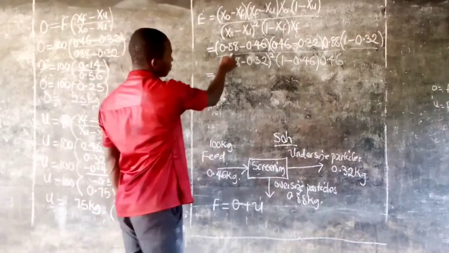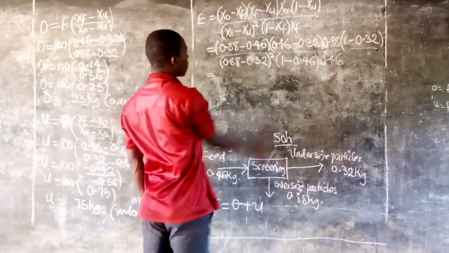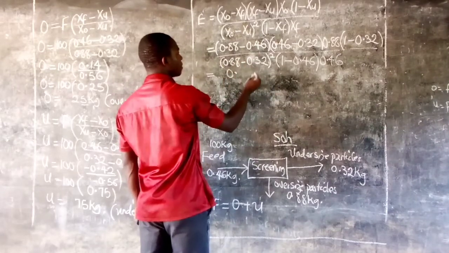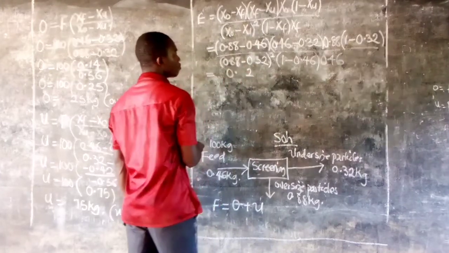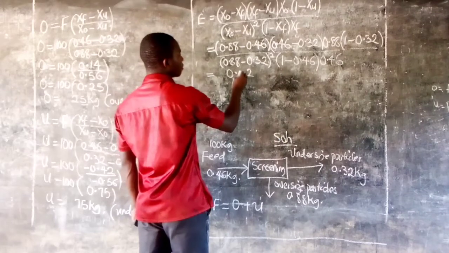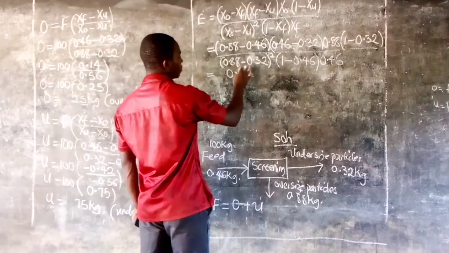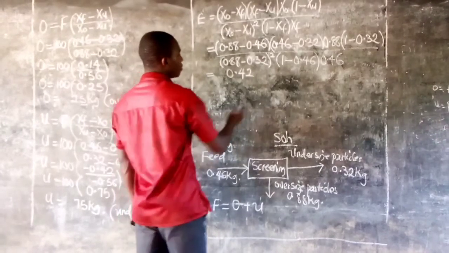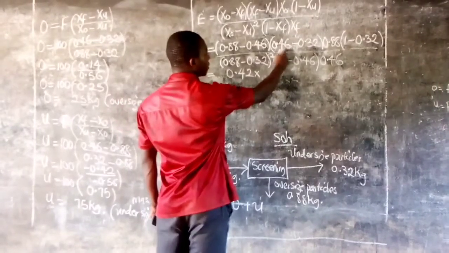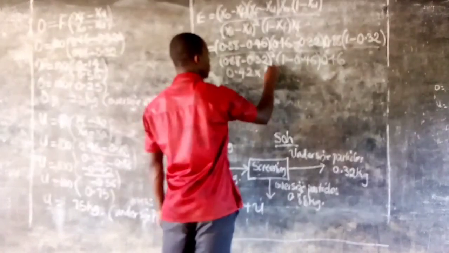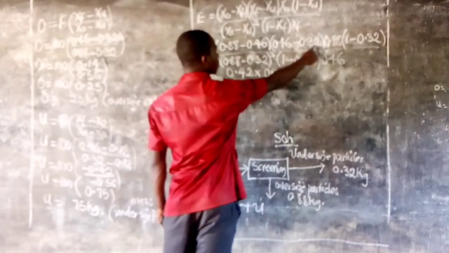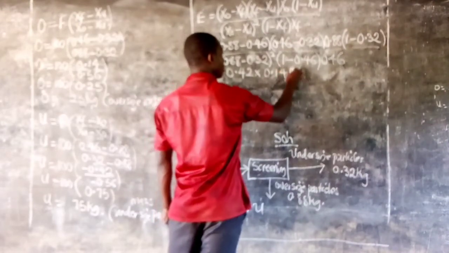So now we are going to do our mathematical calculation. Now we have 0.88 minus 0.46. So we have 8 minus 6, that should give us 2. Then 8 minus 4, that should give us 4. So this times, then we now have this minus this. Now 4 minus 3, we have 1. Then we have 6 minus 2. Then we now have 4 times